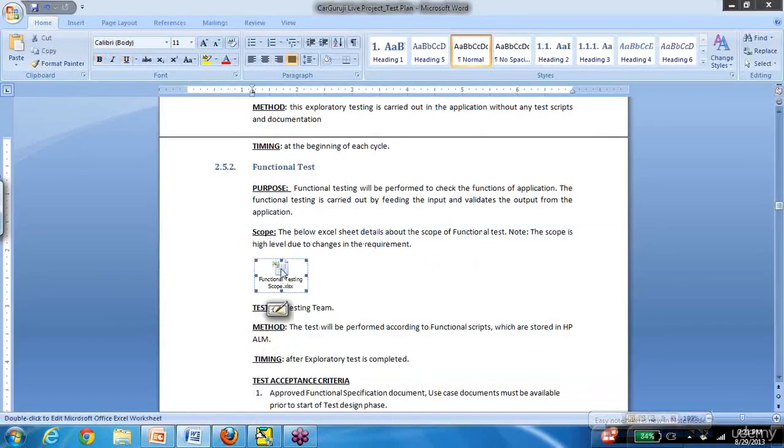So here, instead of just giving the list, what I've done is I have created a separate document including the test scenarios, and I have just embedded it here to make this document more readable. But if it works for you, you can just copy and paste all the test scenarios here. But always keep in mind to make sure that you keep this document as readable as you can and very professional and clean,